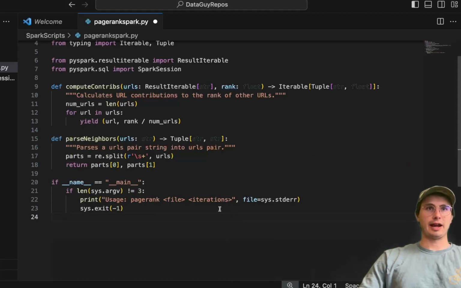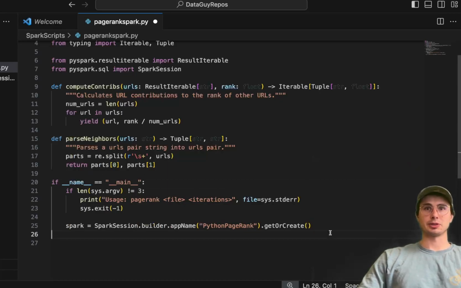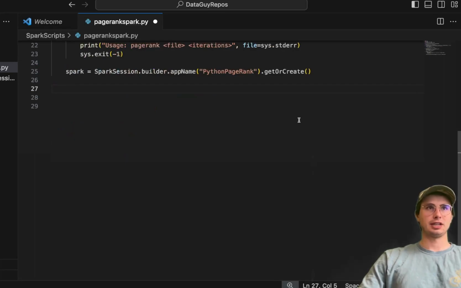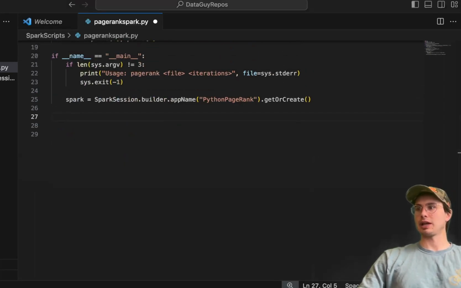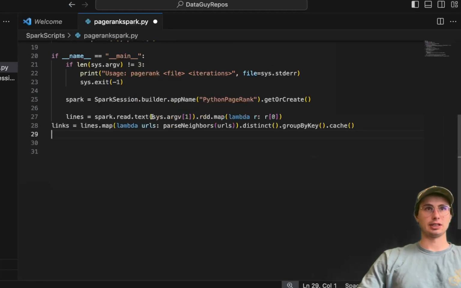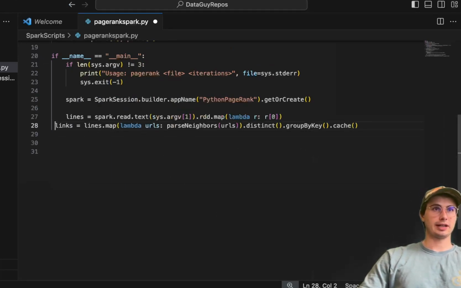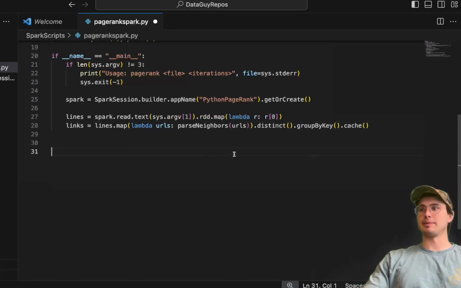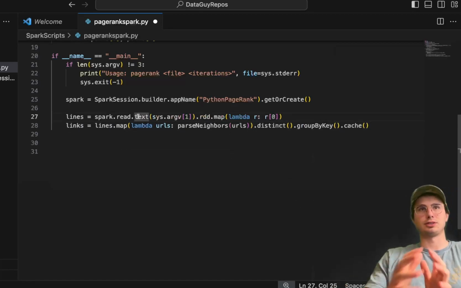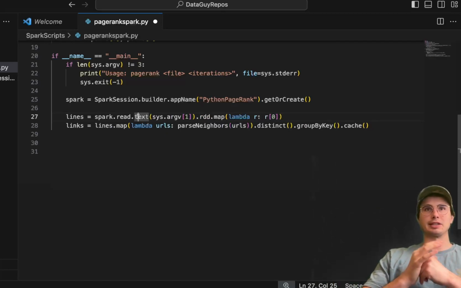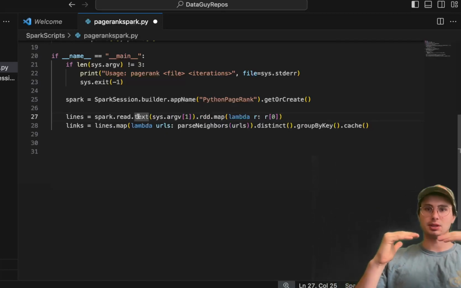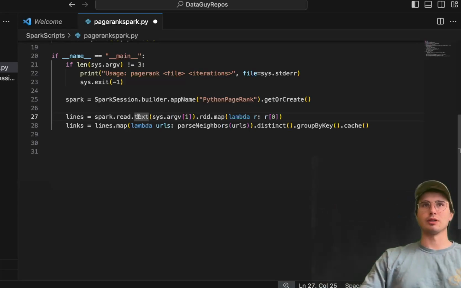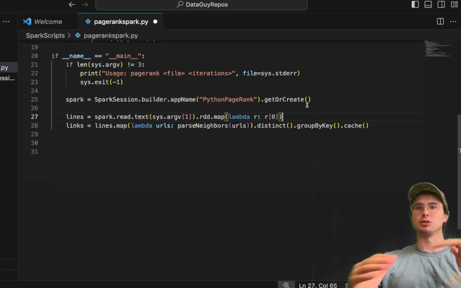So after we verified our inputs are correct, the next thing we'll do is just initialize our Spark session. So here, Python PageRank, get or create if one already exists. And then after that, we are actually going to do some data loading. So first thing we're going to do here is read a text file into a relational database, and extracting each line within that text file. So taking it from just a wall of text to lines that we can iterate through to pull out those URLs